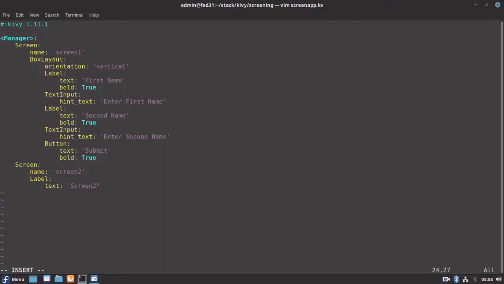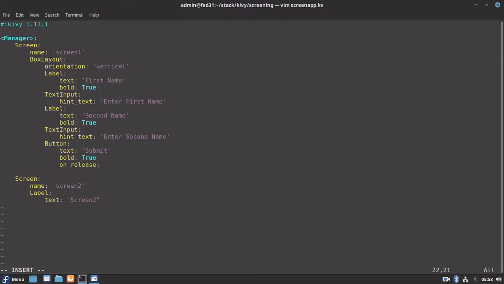Okay. So, but how can we go to our screen 2? Right. So let's create an event. Let's create an event in our button. So when we submit the button, basically when we release the button, it should switch to screen 2.